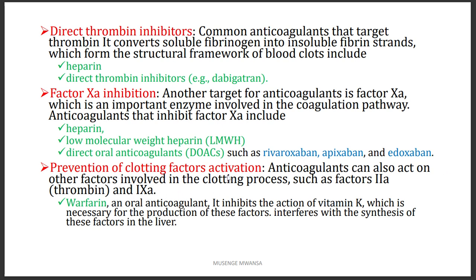Those which are able to prevent just the clotting factors, different clotting factors, are going to act on different factors such as factor 2A. Now the factor 2A, first we have got factor 2 itself is fibrinogen. Fibrinogen converted to factor 2A, which is fibrin. So now I'm mentioning the fibrin. This one we are talking about is 2. So factor 1 is the fibrinogen, not the one I'm mentioning here. Okay. So factor 1 fibrin, and then the fibrin is now going to be converted into